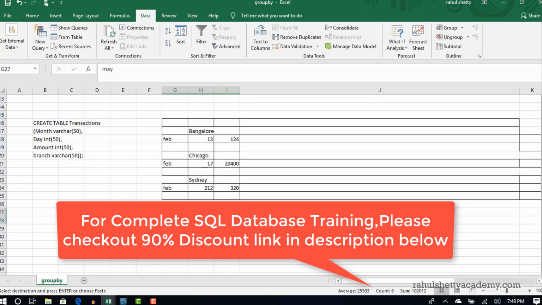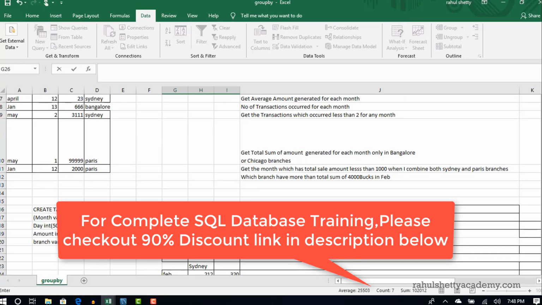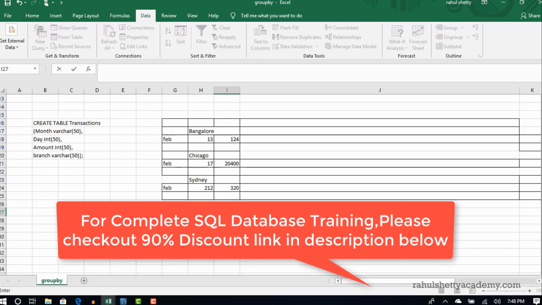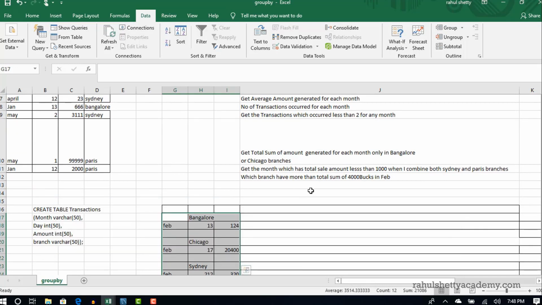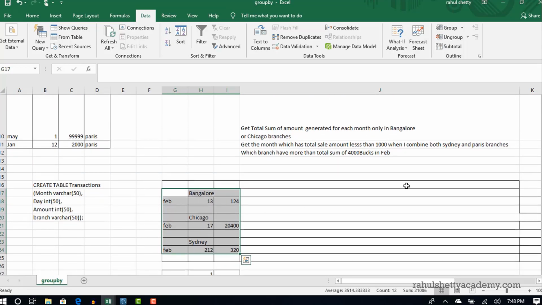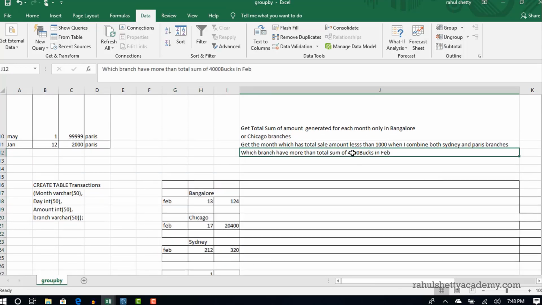Both the records are not in February, so Paris is completely eliminated from our list. Okay, so with the use of where clause, this is how you get results when you use group by branch. Because all these branches are now reporting only the February month total sum.